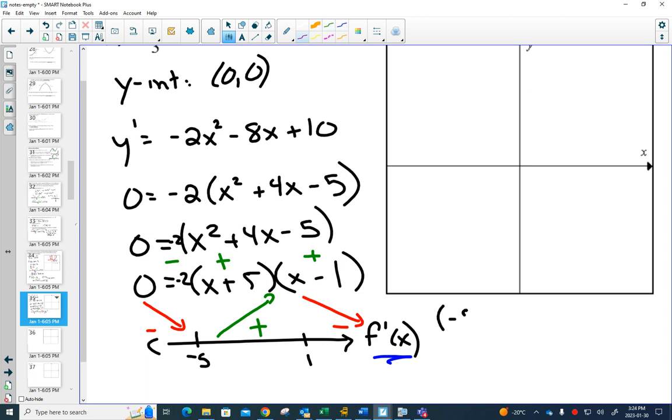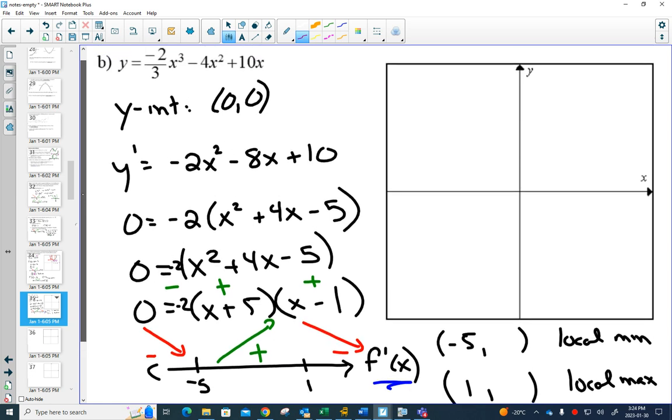I know negative 5 comma something is a local min. And I know that 1 comma something is a local max. And my number line with my derivative really shows me that. In order to find out the value that goes with negative 5, I have to go back to my original equation, plug in negative 5,